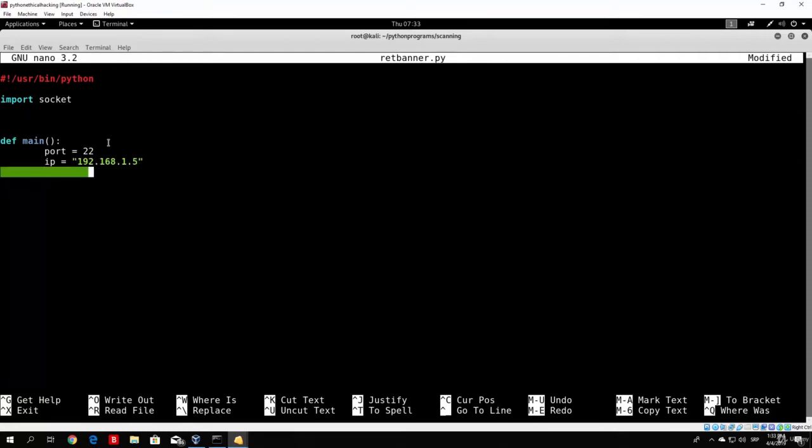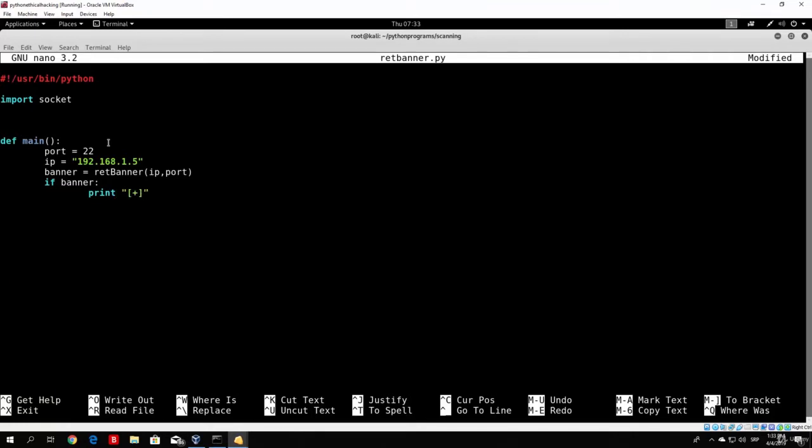And all we have to do is create a variable called banner, which will store the result of the port sending us a banner back. So let's see how we can do that. What banner will be is something that we will return from the function return banner, which we didn't code yet, and we will code it right now. That function will take an input of the IP address and of the port, which is port 22. And then simply after that, if banner exists, so if we received anything, we can just print something like this,